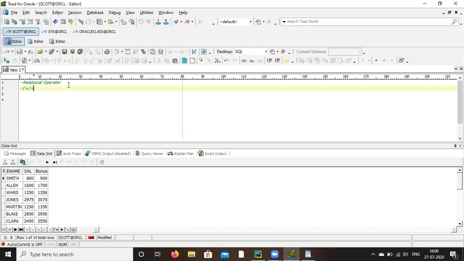That is also not equal to. Don't give a comma in between; write smaller than, greater than continuously. Correct. So equal to, not equal to, then greater than equal to, smaller than equal to. These are called your relational operators.